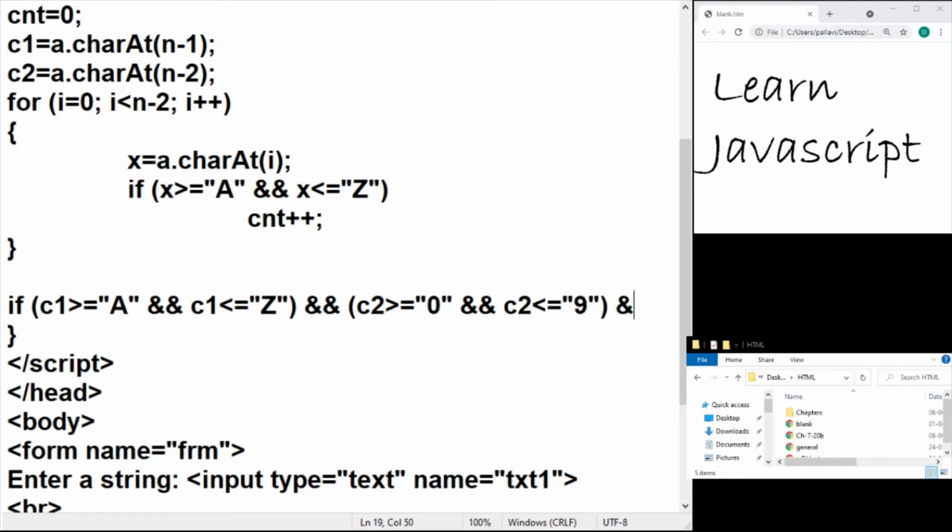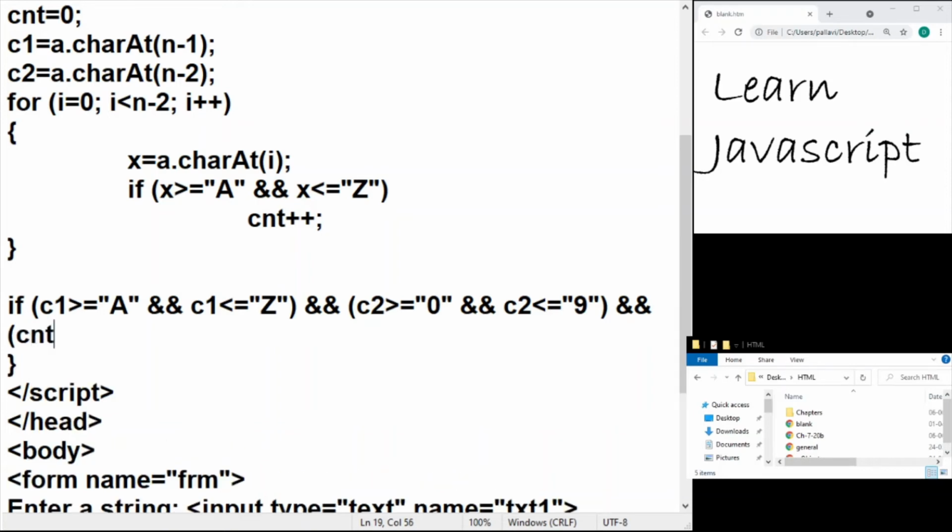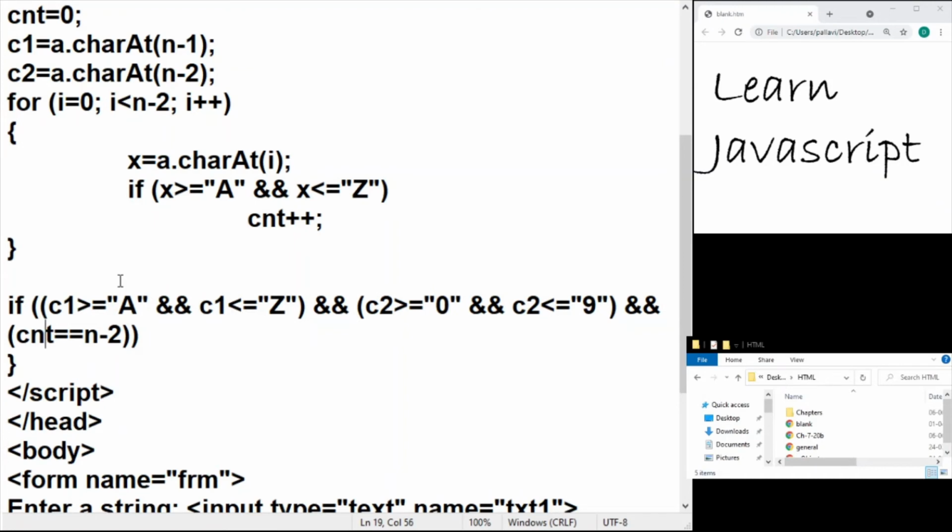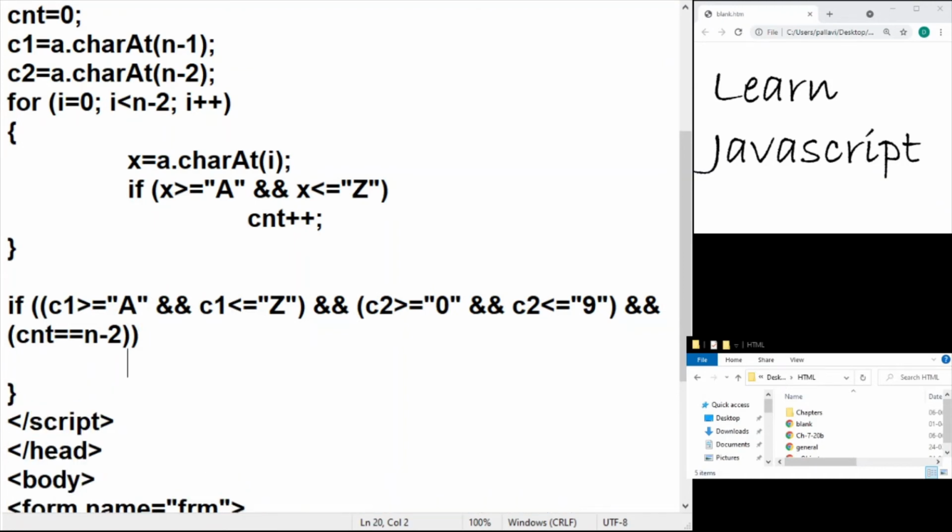And the third most important condition is that the number of characters that we have come across should be equal to n minus 2. So the counter value should be equal to n minus 2. So if n is 10, then the first 8 characters must compulsorily be alphabets. So if this is the case, we would go ahead and print